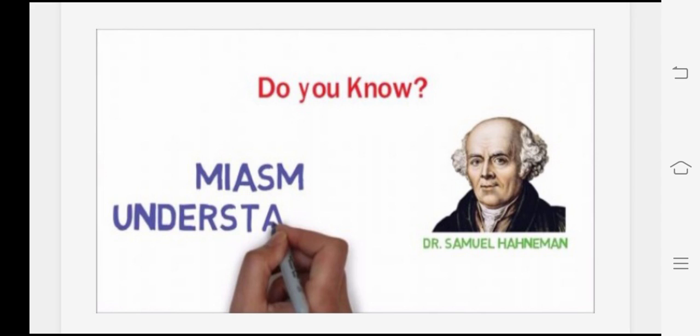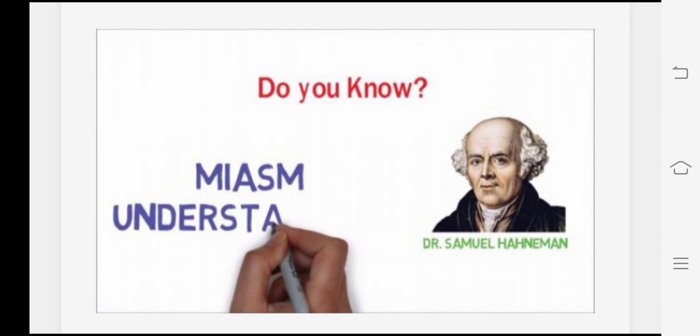Means this is some type of disease condition or morphic agent that may pass from one generation to the next generation. But Hahnemann has used this in a much more precise form and used it in the sense of